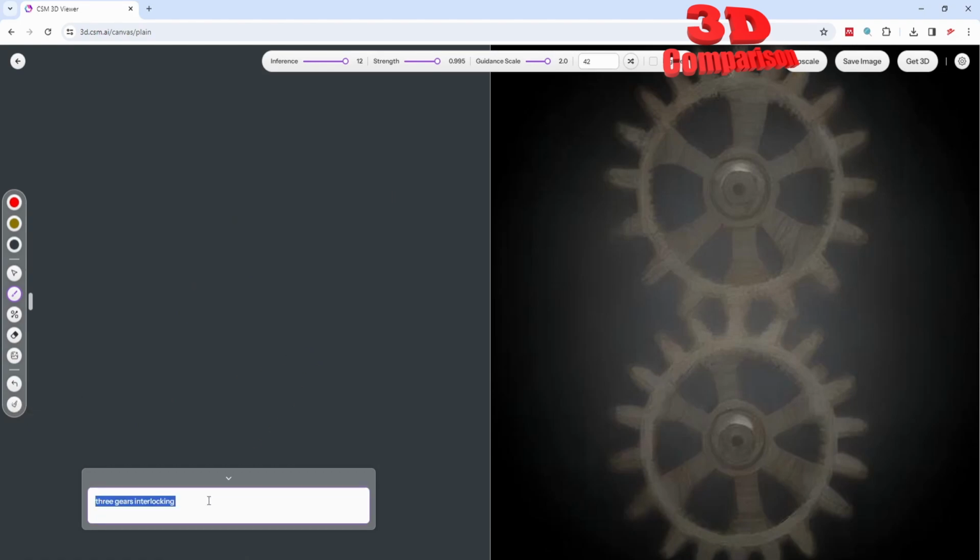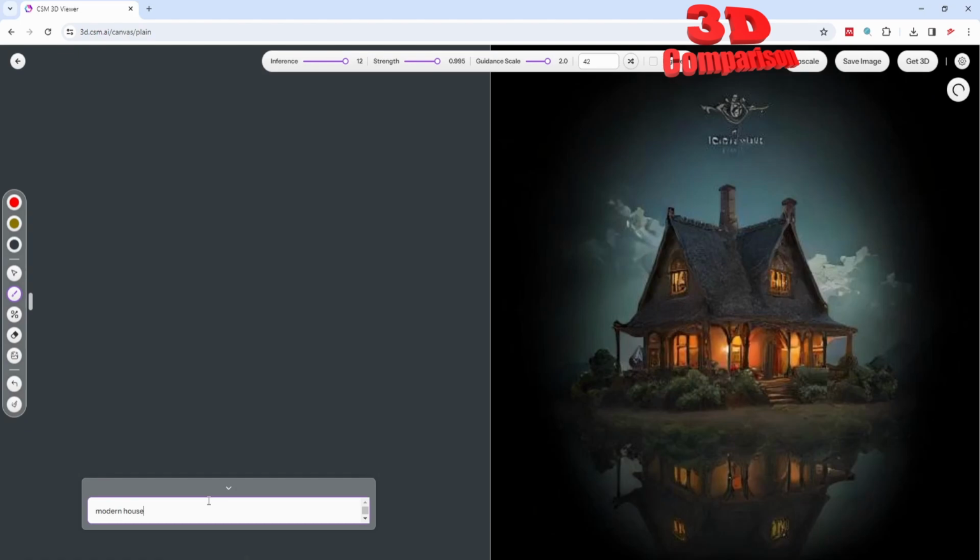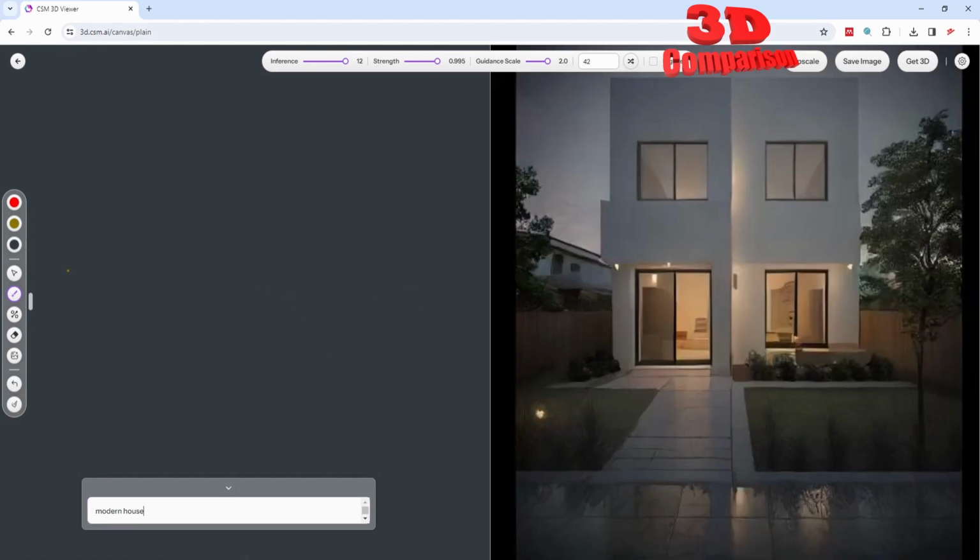So house. Let's add modern house. Okay, so we have that. Let's see if I can change the shape of that. So mainly I want this. I'm gonna add over here